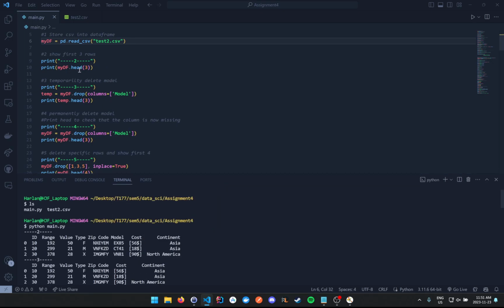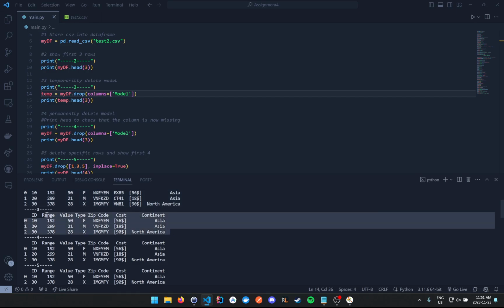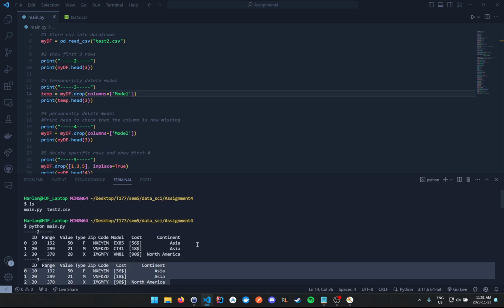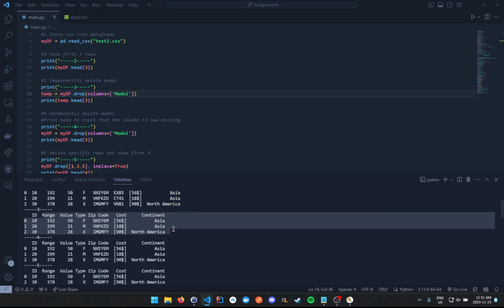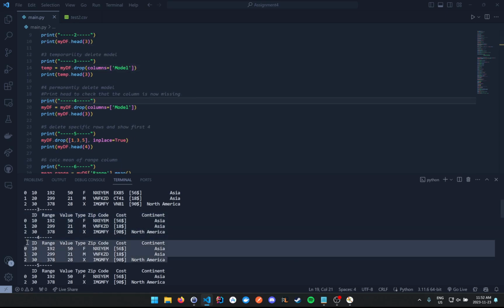So for 2, we're just printing the first 3 values with the head function, as you can see here. And then for 3, we are dropping the model column. So you can see in 2 we have model here just before cost, and then it's dropped in this one instance, but it's just temporarily. Then in step 4, we're dropping it for good